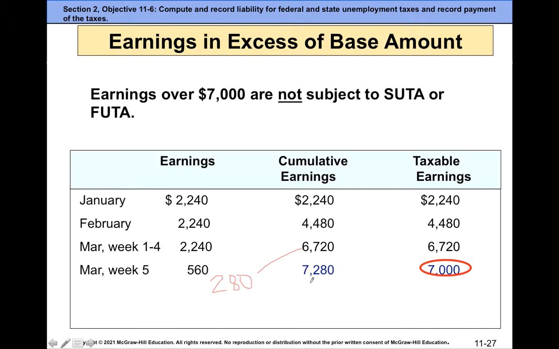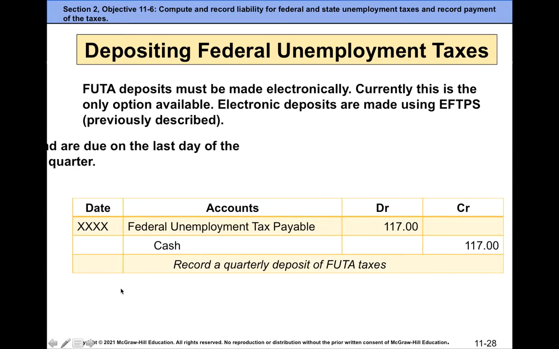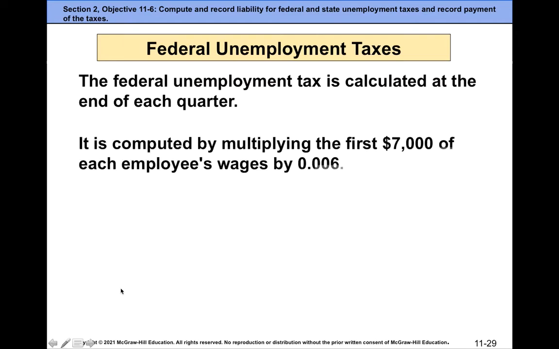An additional $280 above the cap, and the company does not pay FUTA or SUTA. And from that moment on, April, May, June, July, we do not pay any SUTA or FUTA until the beginning of the next year for that particular employee. Okay, and then guys, as I promised,